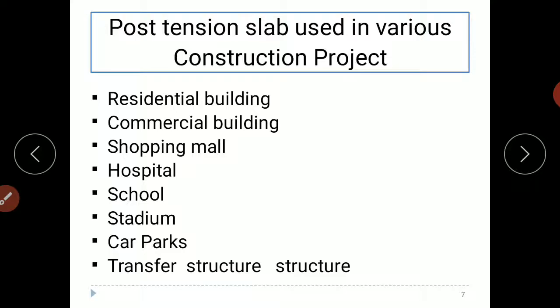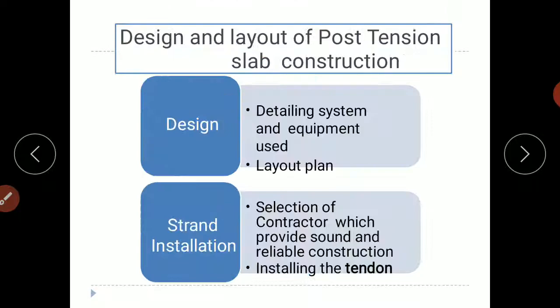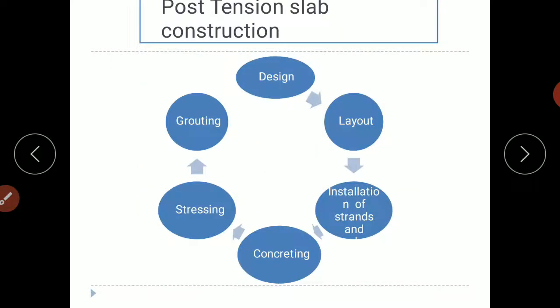Then where are post tension slabs used: residential buildings, commercial buildings, shopping malls, hospitals, schools, stadiums, parks, and transfer structures. Transfer structure means jetties, docks and harbors surrounding the sea, the place where the ships are coming and going.